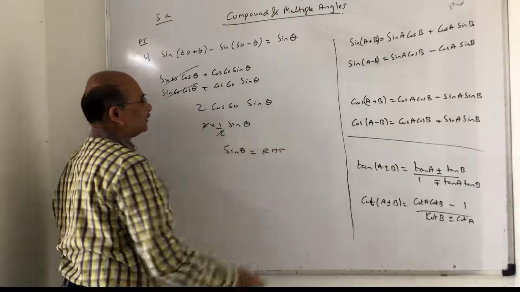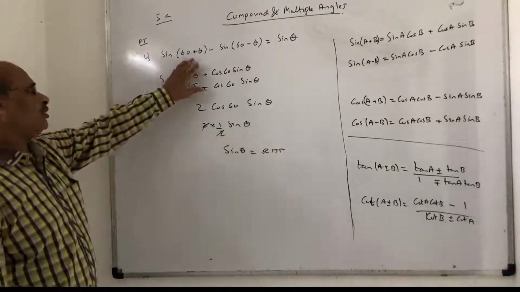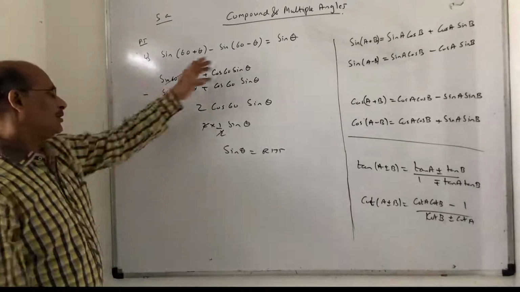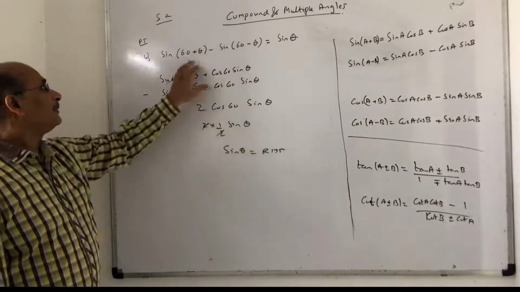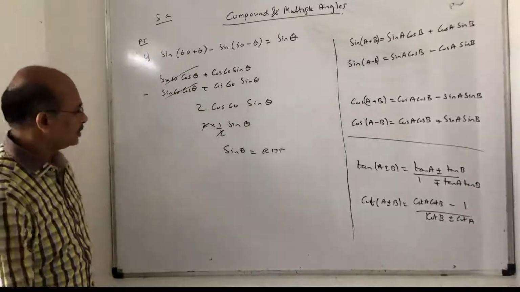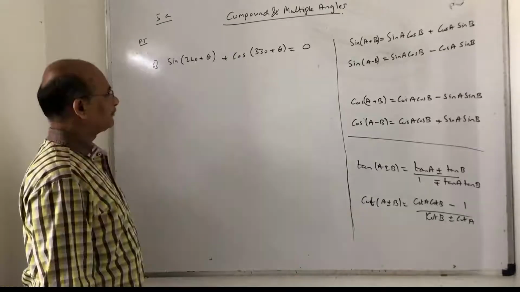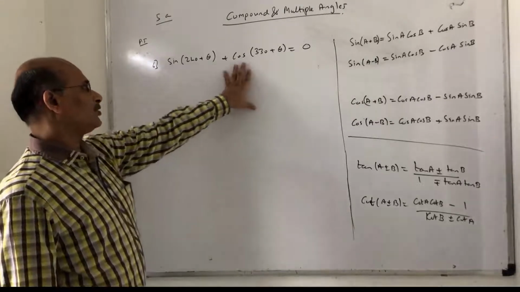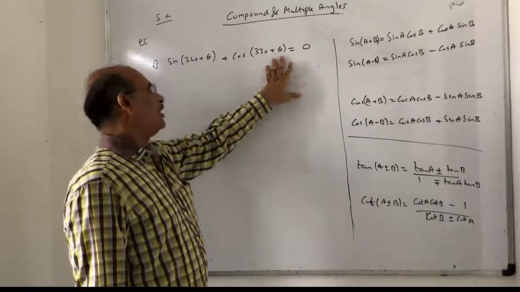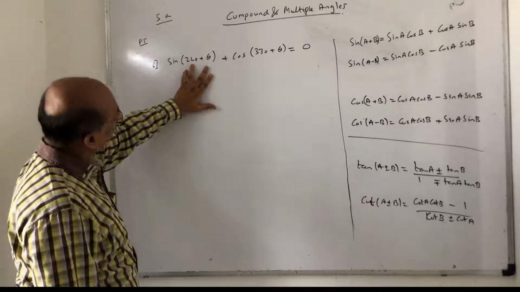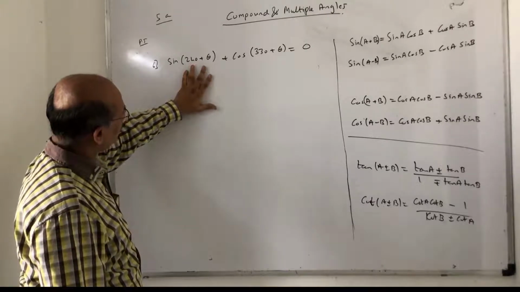So the proofs are not difficult. It just tests your knowledge. Sine of A plus B, apply the formula. Okay, keep that in mind. Because there is no formula for this to directly apply, you have to open up and then simplify. I think that's a better way to adopt for this question. So note it down, please. Okay. Let us have a look at this question. Sine of A plus B plus cos of A plus B. Either you apply the sine of A plus B formula here, or you can do.